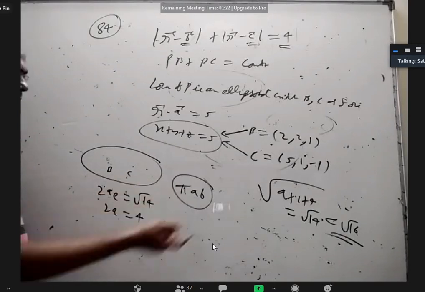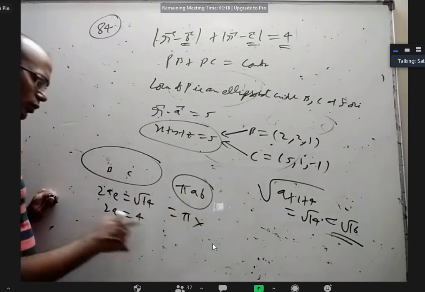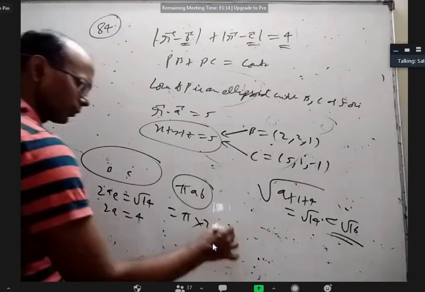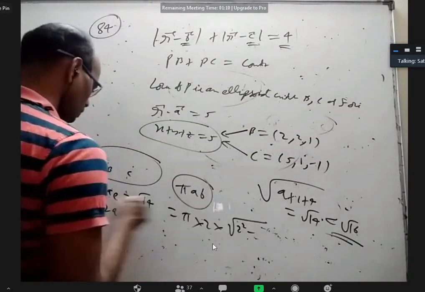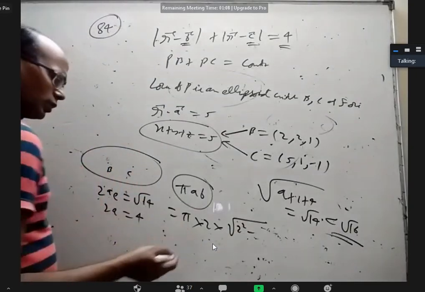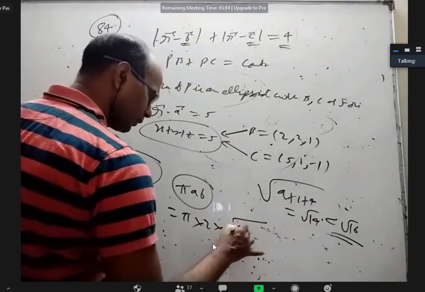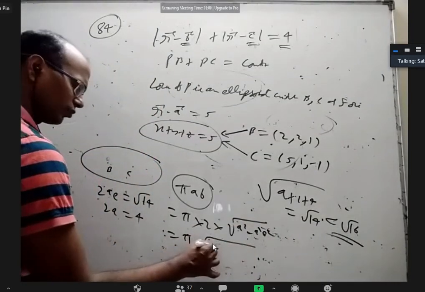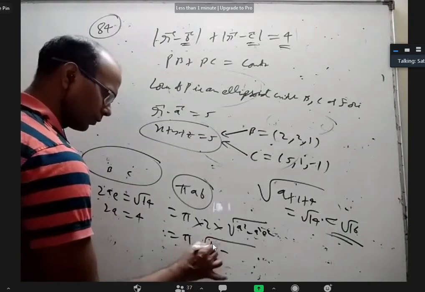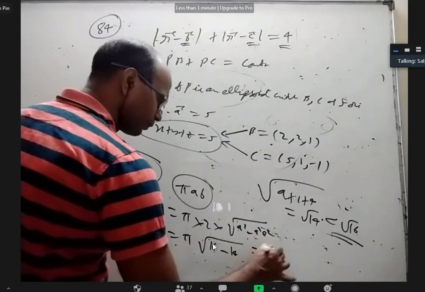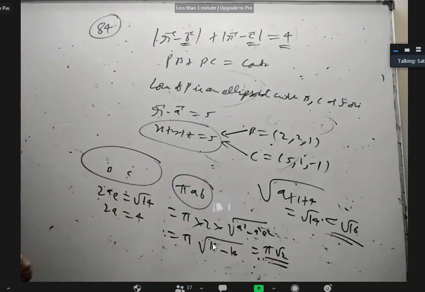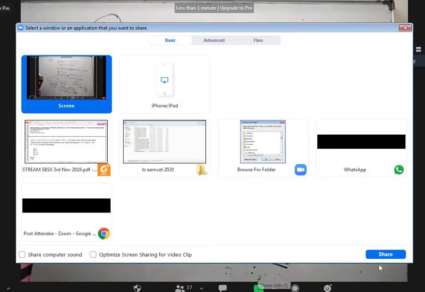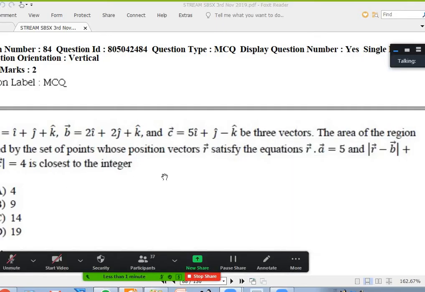Okay. So use the pi AB formula where A is 2 and B is root over A square minus AE square. A square is 2 square. I'll just write A square minus AE square. Take these two inside, I'll get 4 and 16 and 40. So I'm getting 5 root 2. Okay. Now, they did not ask for this exact answer. They said the area is there and what is the closest integer?